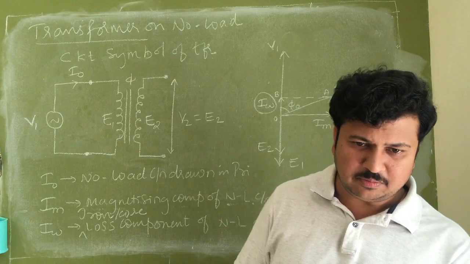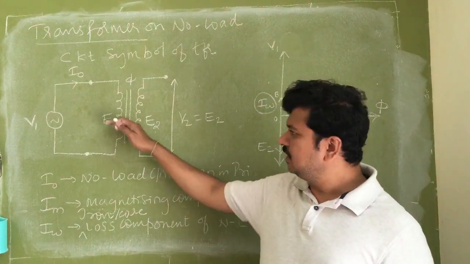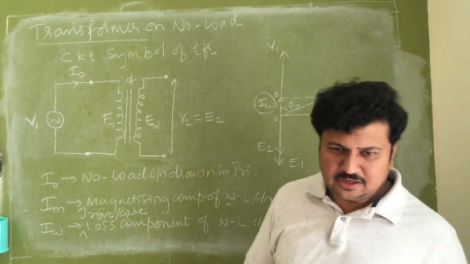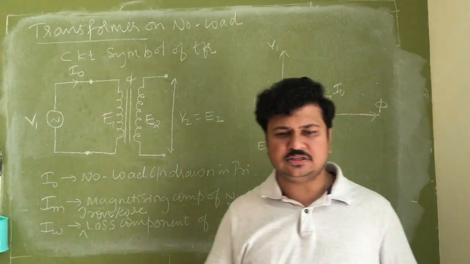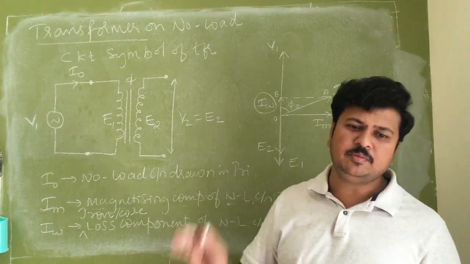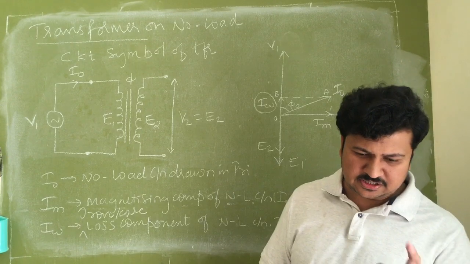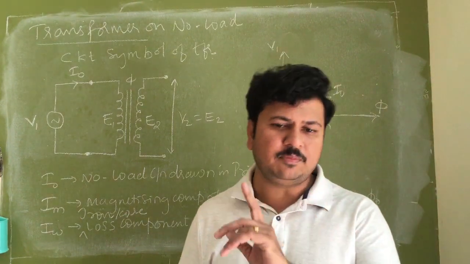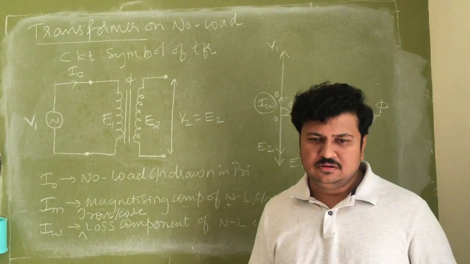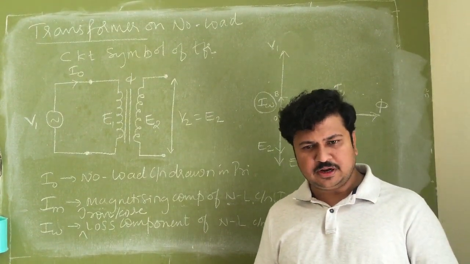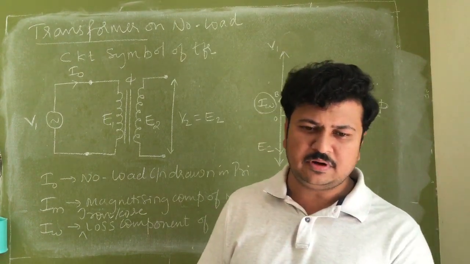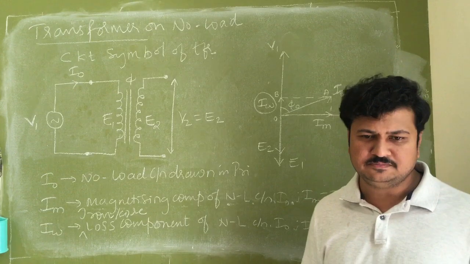At the time of design, if I keep the share of the loss minimum, I get maximum output. If I don't consider the loss at all and simply design without considering it, then losses may increase and output may decrease, because any design I do, I design for total power. I never design for only output power. Any equipment design I do for total power, never for output power. Output power is the real power or active power.